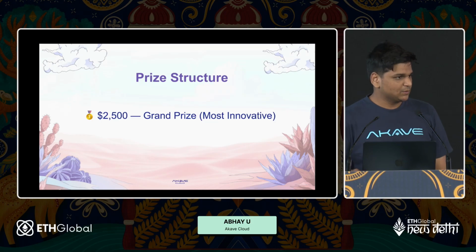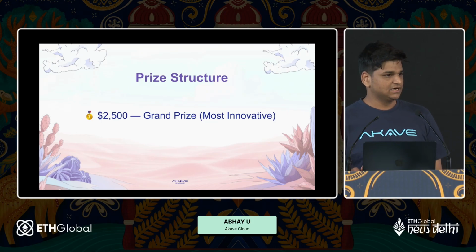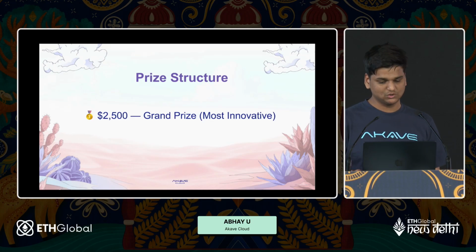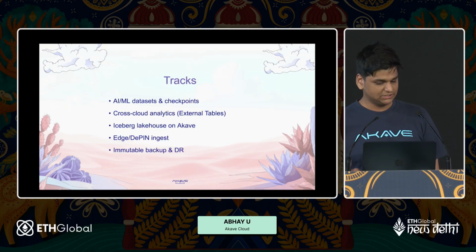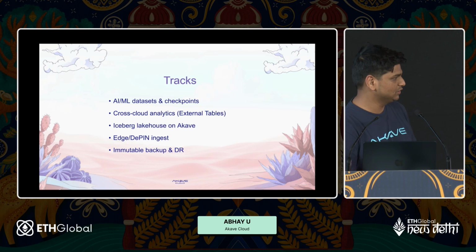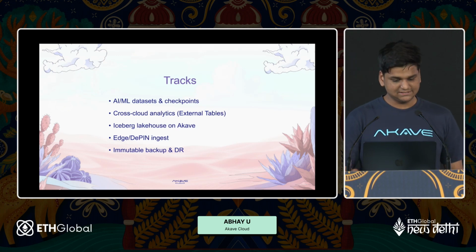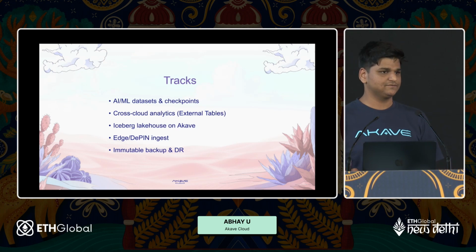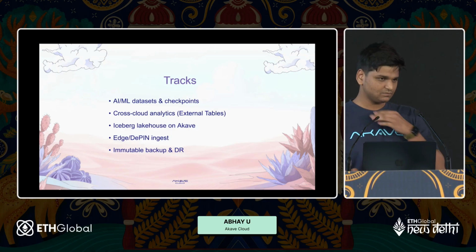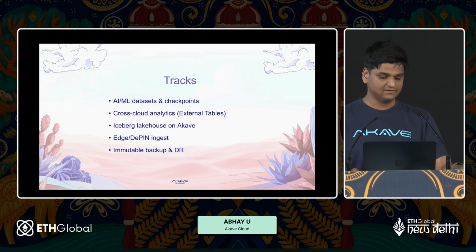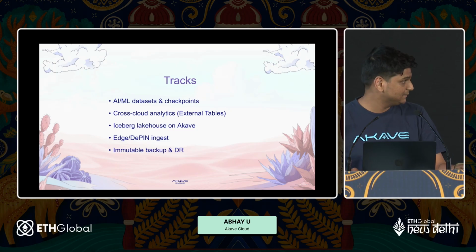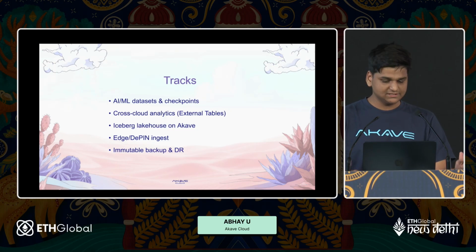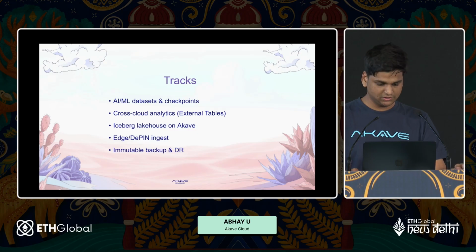Let's talk about the bounty during ETH Global. We have one big bounty, that is $2,500. To be eligible for the bounty, you have to fall among one of these tracks: AI/ML datasets and checkpoints. For example, if you are training, retraining or fine-tuning your AI model, you can store the dataset and the checkpoints on Akave.